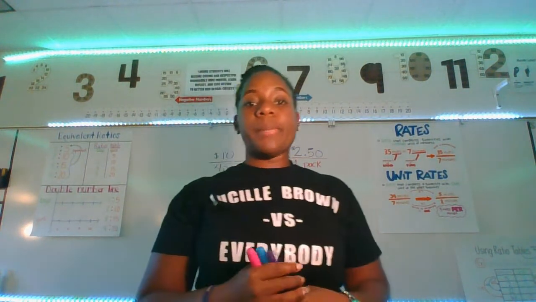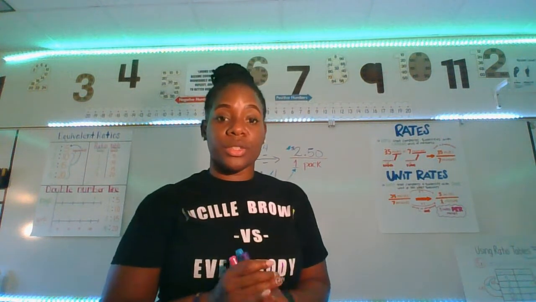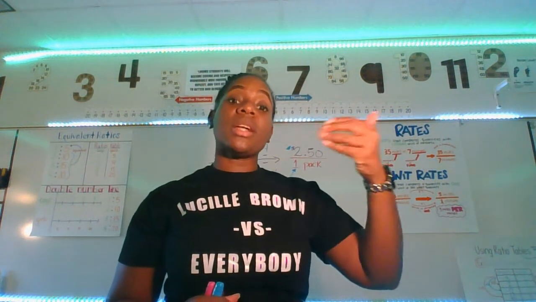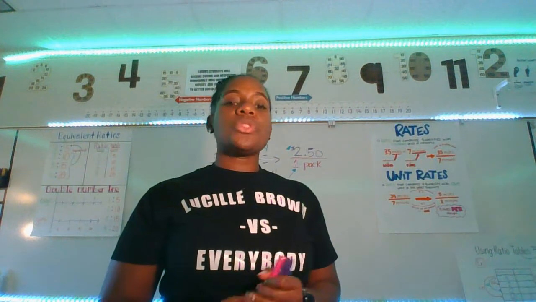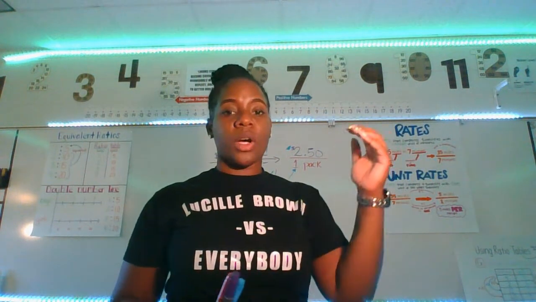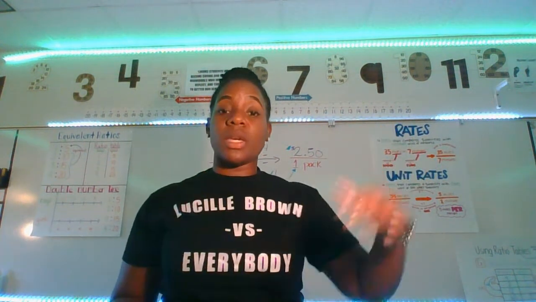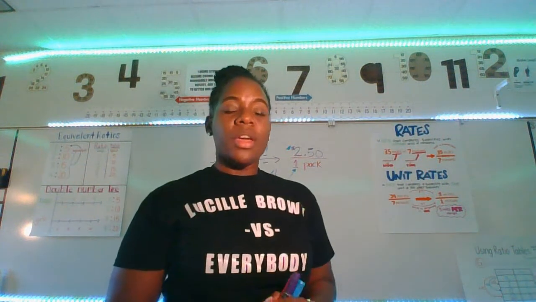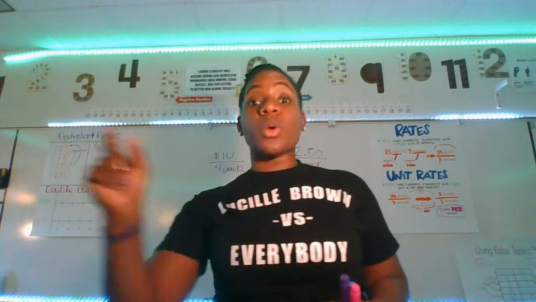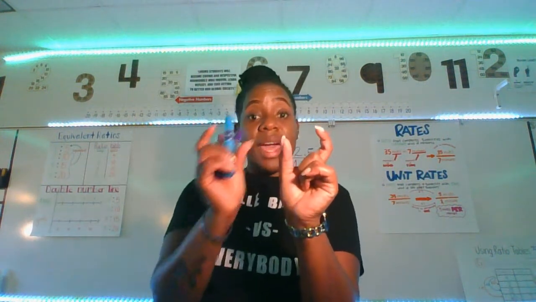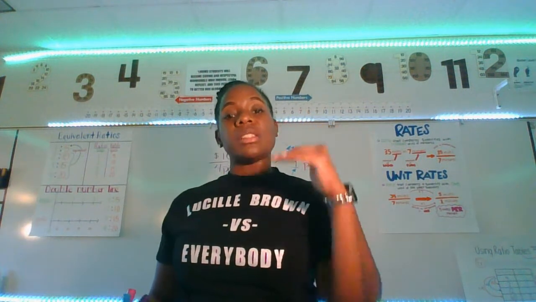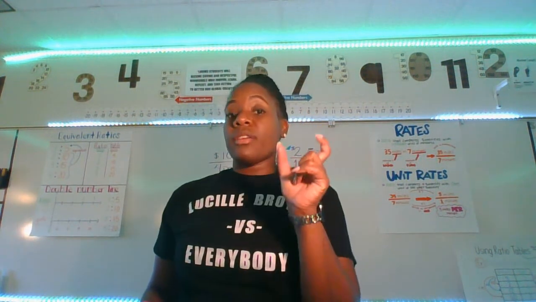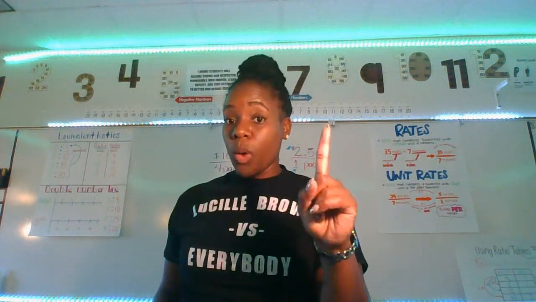Now we're going to give you guys an opportunity to go ahead and practice some questions on your own. Remember, what is the question asking you to find one of? All right, don't just look at the question and say, well, this is the order that they gave it to me, so I'm going to put it in this order. No, figure out what follows the word per. So it's going to say per, and then something else is going to come behind it. Whatever comes behind the word per, that means that's going to be in your denominator. Remember, the word per means 1. All right,